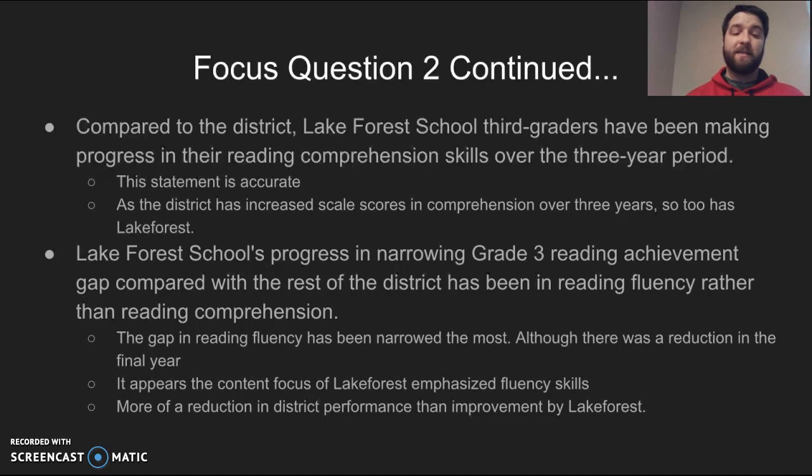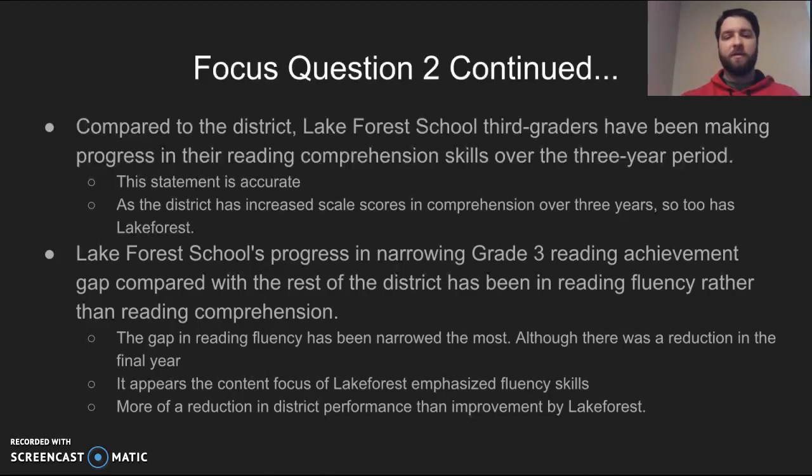And looking at this last statement for focus question 2, Lake Forest School's progress in narrowing the grade 3 reading achievement gap compared with the rest of the district has been in reading fluency rather than reading comprehension. I would agree that this statement is more accurate. The gap in reading fluency was narrowed the most. There was a reduction in the final year, but we still saw a narrowing between Lake Forest and the district.